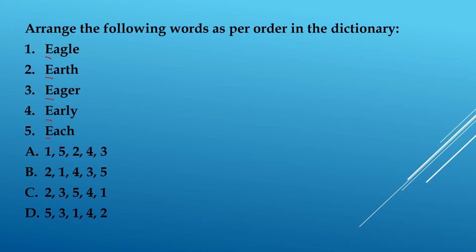So we check with the second letter. The second letter is also the same. So now we check with the third letter. The third letter here is G. Here we have R. Again we have G. Again we have R. And then we have C. So basically we have 3 letters here, that is G, R and C. According to the alphabet, C is the first one to come. So obviously this will be the word at the first position according to the English dictionary.